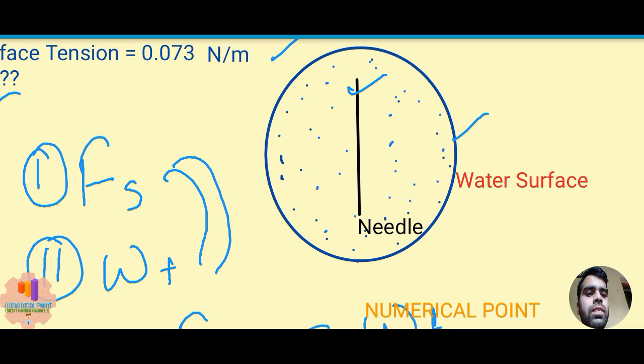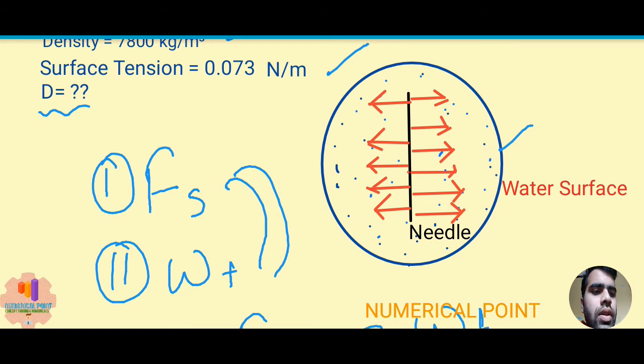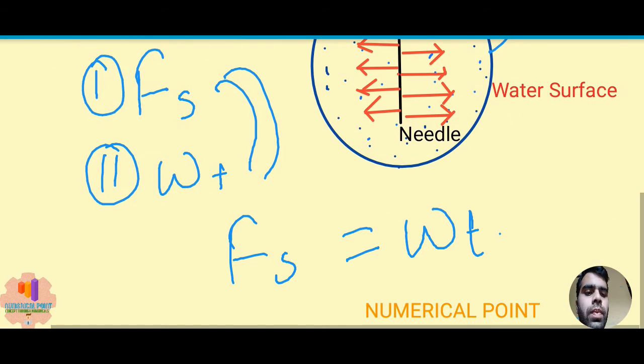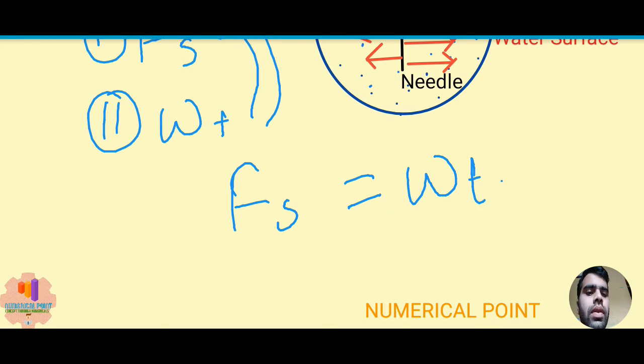Okay, so guys, this is the direction of the surface tension force. As I have said, the surface tension force acts perpendicular to the body and in the plane of the liquid surface. So this is the direction,